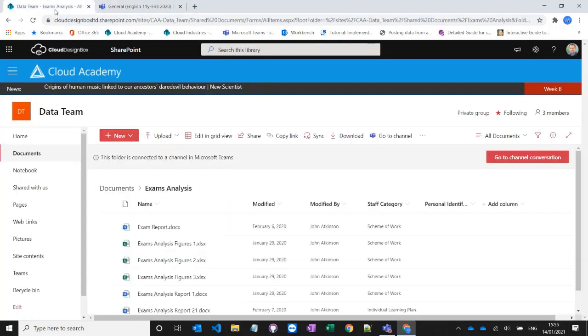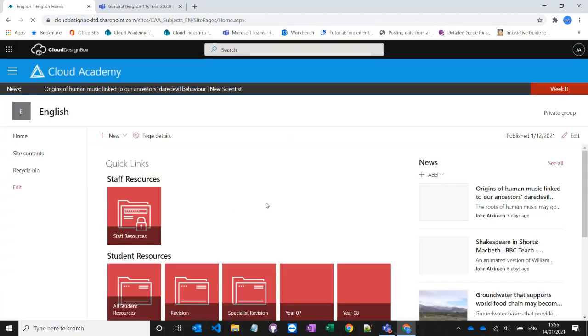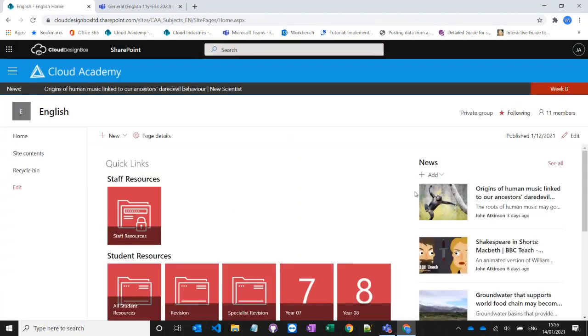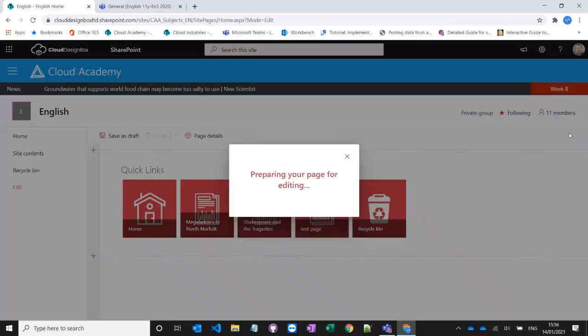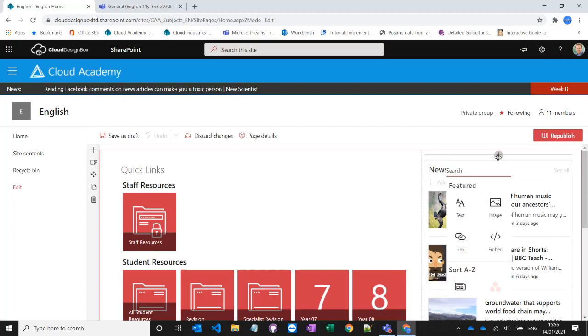Yeah, so I guess the website aspect of this, if you wanted to look more like a website, would be SharePoint. So if we go into any of these English sites, now this will be my department sites, and if I did want to create pages in here, if I did want to do things a bit more advanced, then I can edit these pages, I can create new pages. You can see it's really straightforward. I can edit this page, I can add web parts on it,